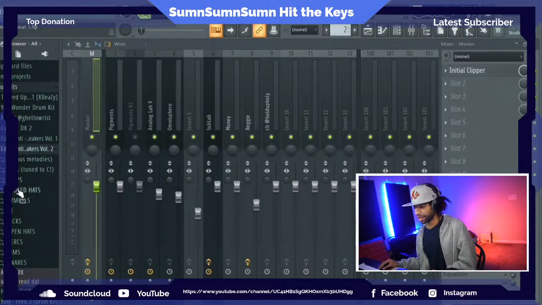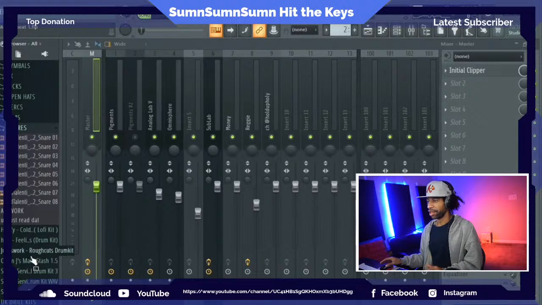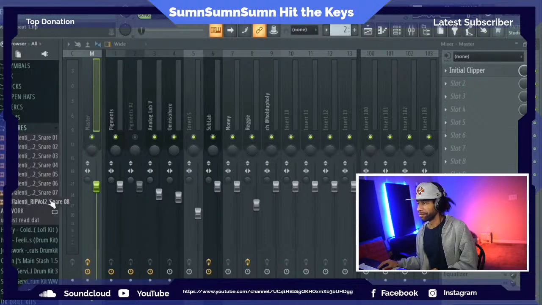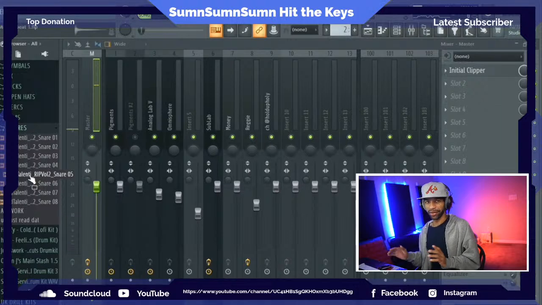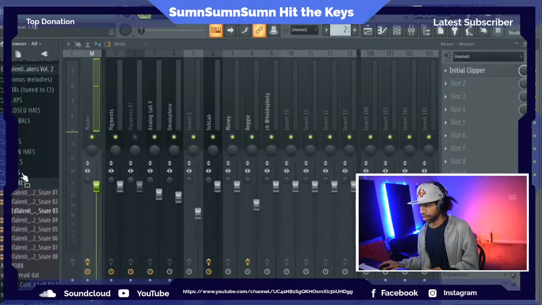I was gonna try to make it like, I don't think I can do it. I don't think I can pull it off. I think it'll just sound better just being a regular beat instead of trying to switch up the second half of the beat. I don't think the second half will sound good if I make it like a house beat or something else like that. I feel like it's just like any of those snares.